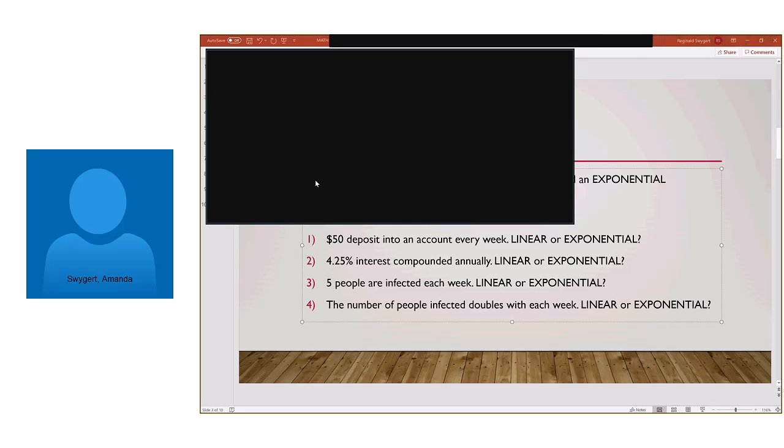All right, now exponential, Megan, you mentioned the word doubling, which is a good example. So not every single type of exponential change is going to be double, but double is a good one. So you could have double, you could have triple, you could have it getting smaller, right? So it could go down by a half or a third. So it could be anything along those lines. Anytime you think about exponential, you want to think about the fact that it's not a constant change in terms of adding or subtracting.